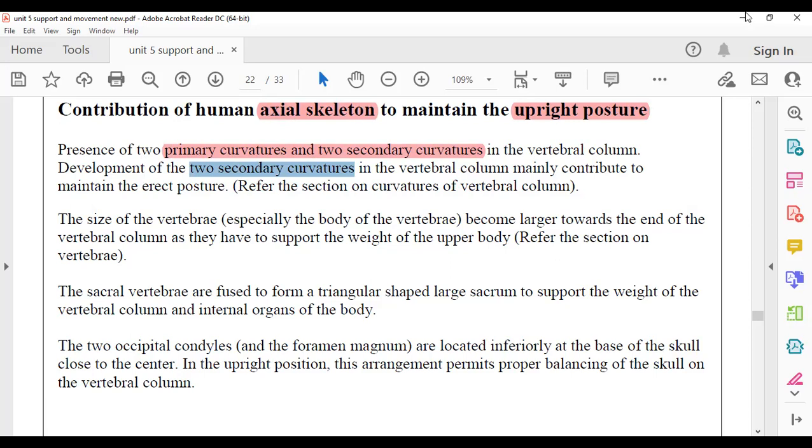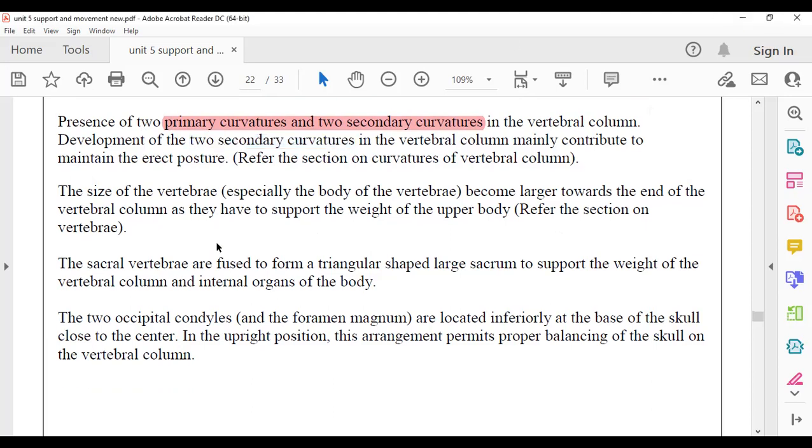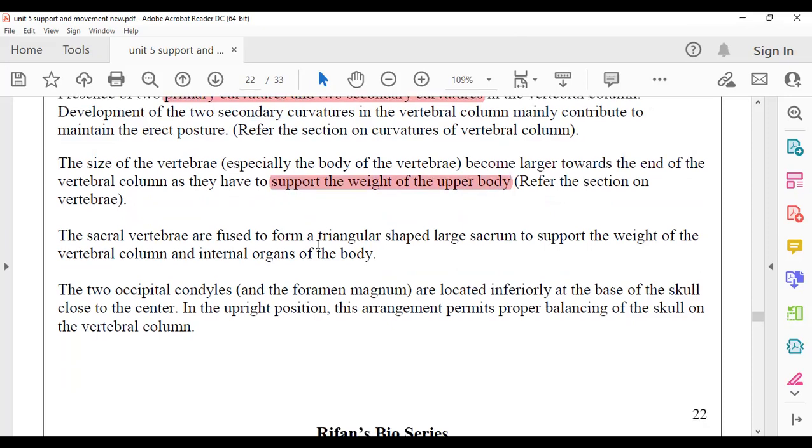Another feature is the size of the vertebrae. Now, I told you in the beginning, compared to cervical vertebrae, thoracic vertebrae are a bit bigger. Compared to thoracic vertebrae, lumbar vertebrae are a bit bigger. The size of their bodies gradually increases from top to bottom. That is to support the weight of the upper part of the body. This is also contributing to the erect posture. Another thing,